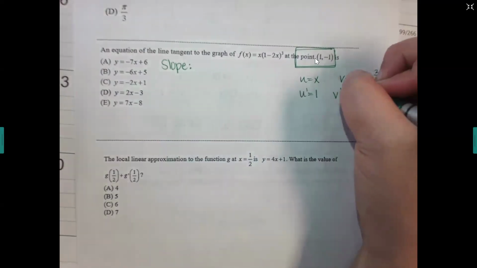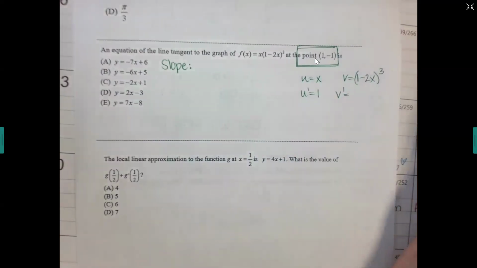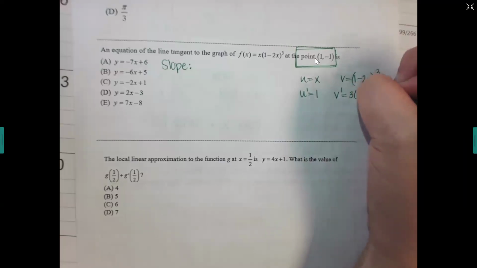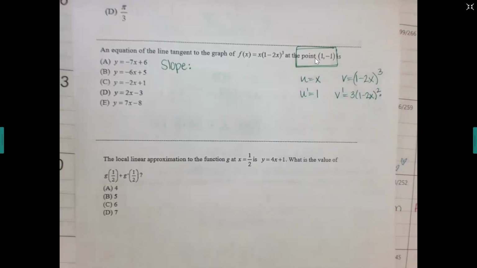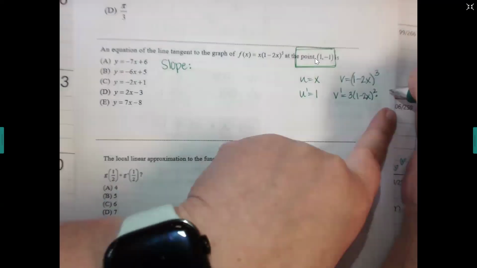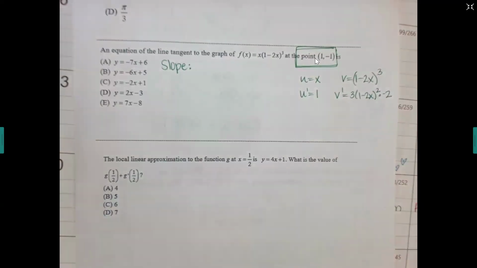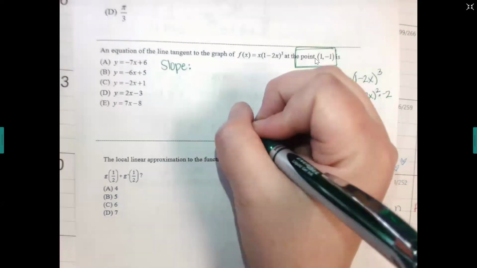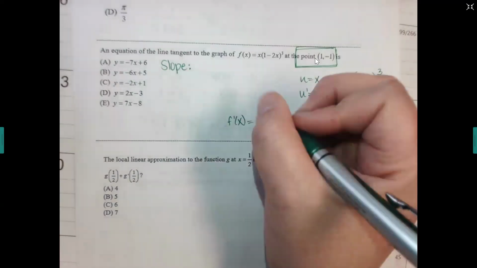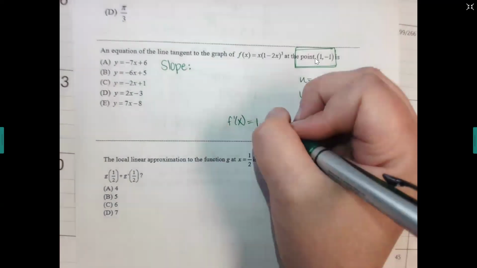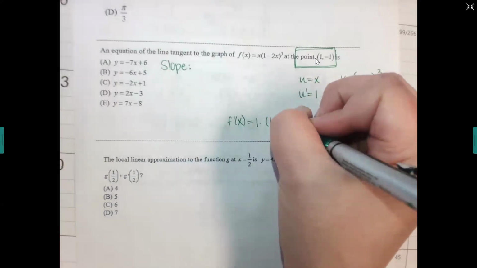Your v prime, though, you'll do the 3 down to the front, keep the 1 minus 2x the same, drop it to a squared, and then times by what at the back, since this is a chord, not just an x by itself? Negative 2, very good. Okay, then remember, it's this plus that, order doesn't matter. So my f prime of x, this is my slope formula, is going to be 1 times 1 minus 2x cubed